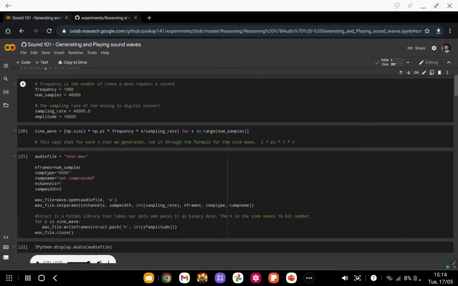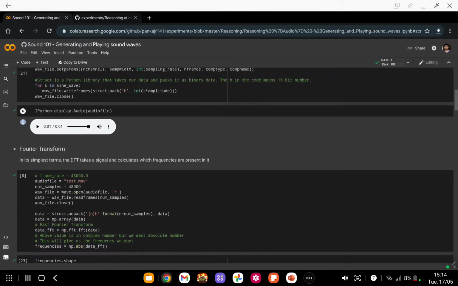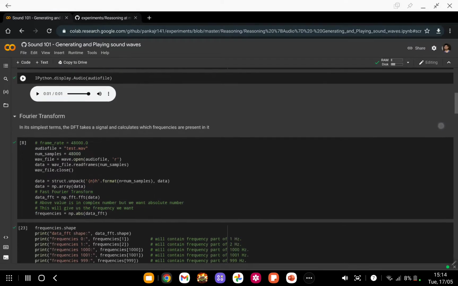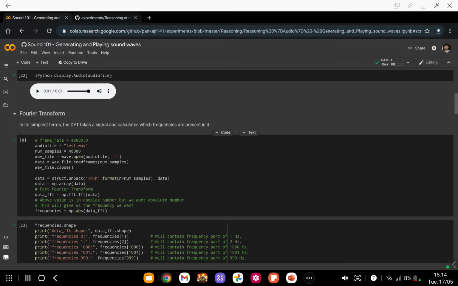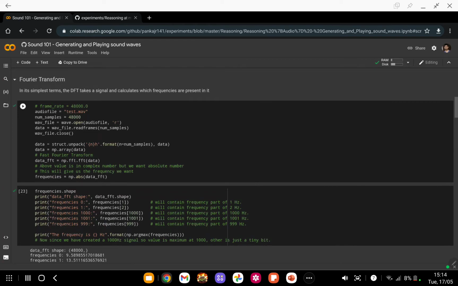We just need to make sure that this variable, sine wave, contains the list of integers, and you can generate any sample with it. So now we have generated a sample, but how are we going to visualize that? For this experiment, our aim is to generate and visualize the sample. For that we are going to use a DSP utility called the Fourier transform. The purpose of the Fourier transform is to convert an analog signal into